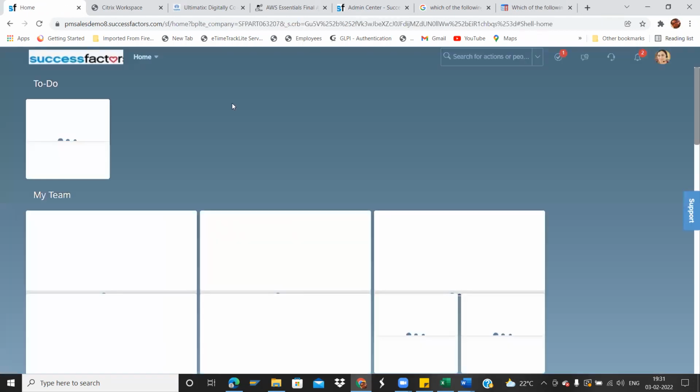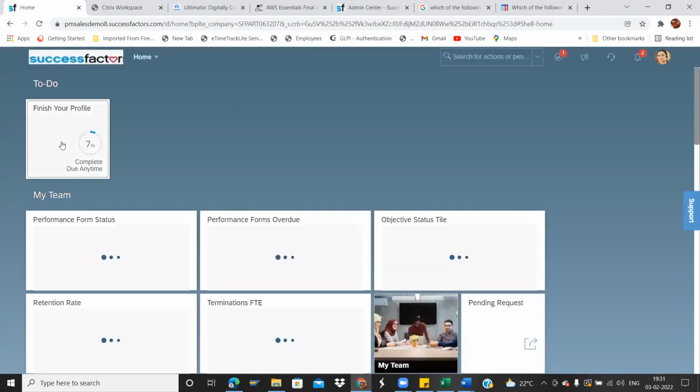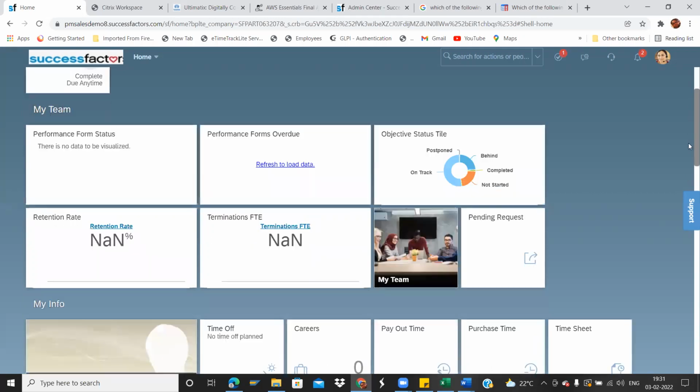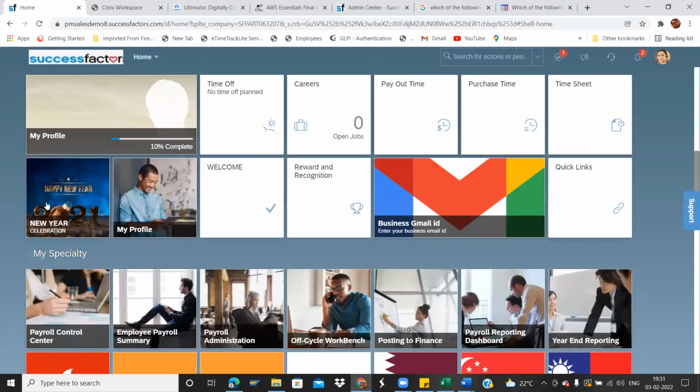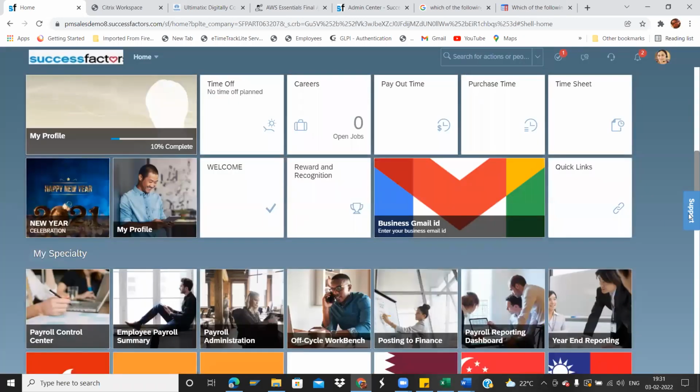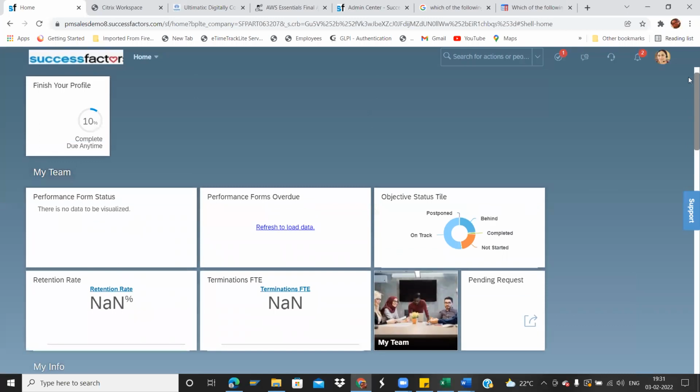homepage. So Sudha, this you can able to see, right? These are the tiles. If the employee wants, they can go to the particular tile. If any New Year celebration is there, here the employee will click the tile. Here it is mentioned just information. Some tiles are action taking, some tiles are just the information. Okay.